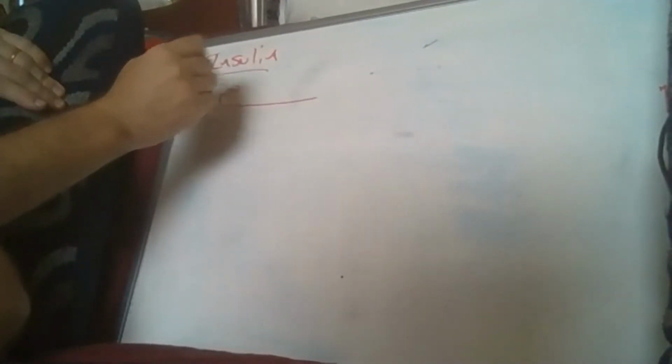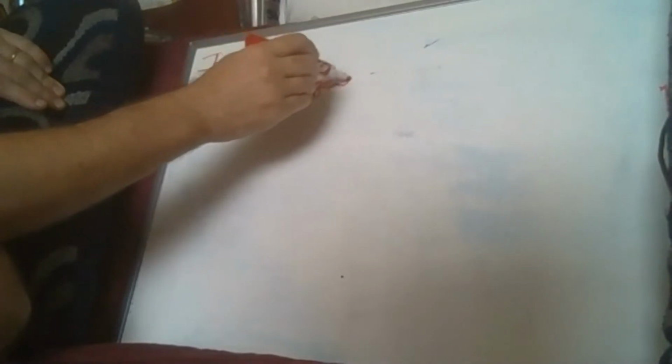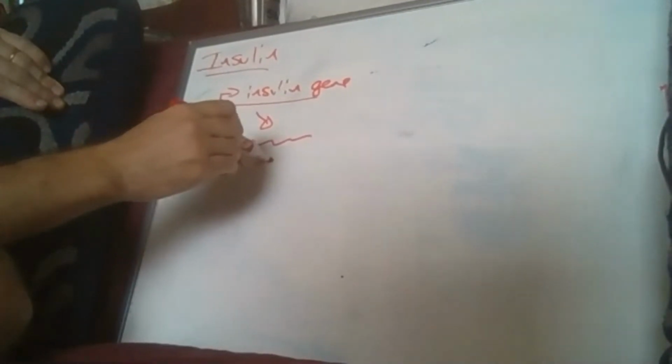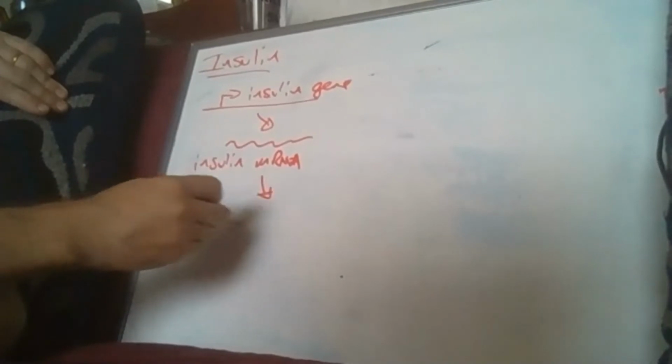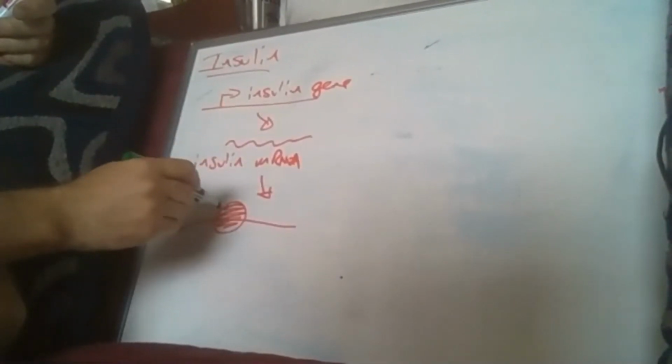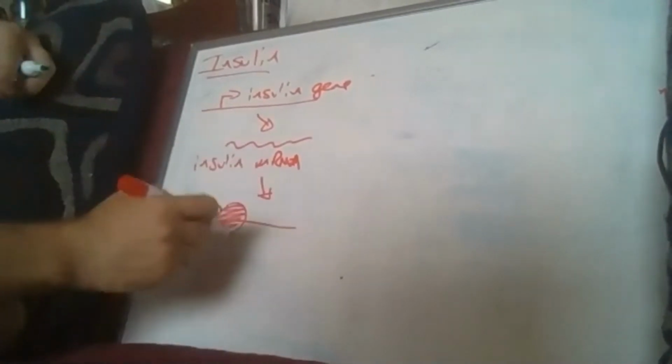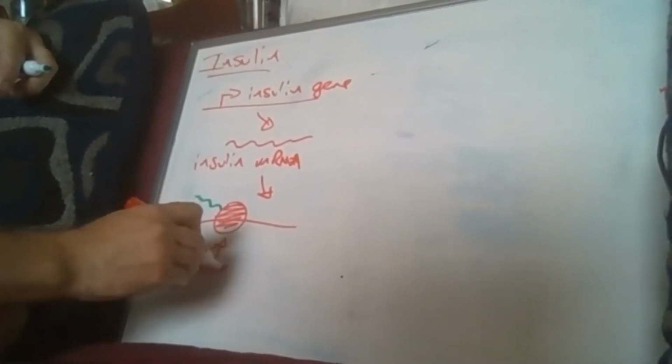So if we're to use insulin as an example, because it's a particularly neat example, essentially you have your insulin gene, then your insulin mRNA, and this gets translated, that's a ribosome. Let's use green. Blue doesn't play very well with my board for some reason. Right, so this is our ribosome